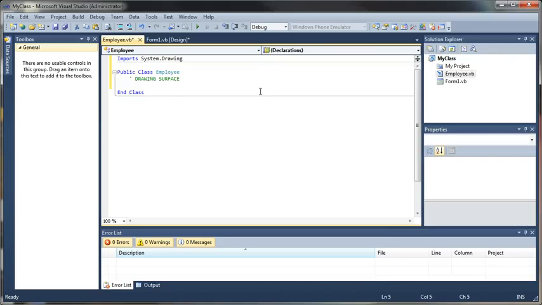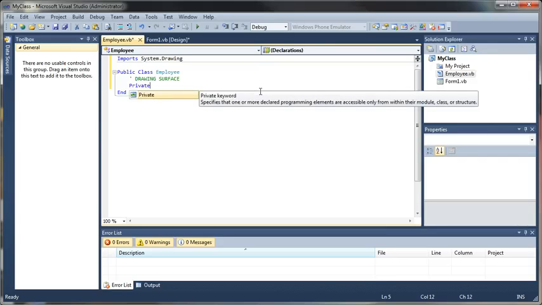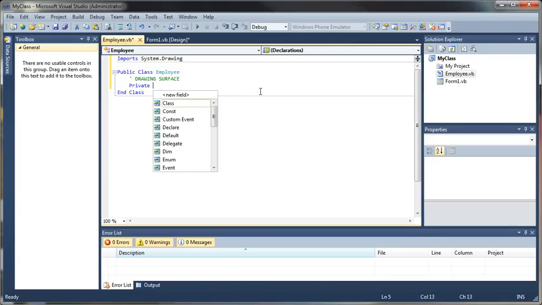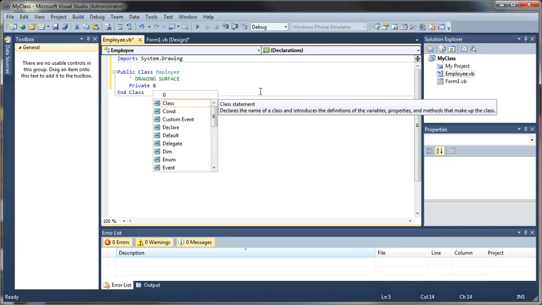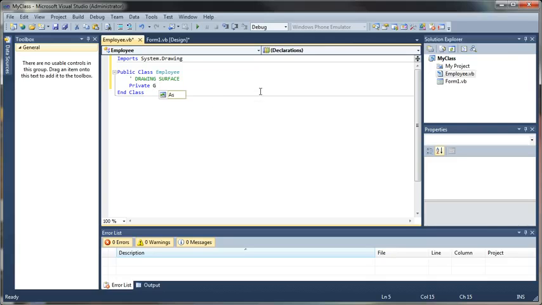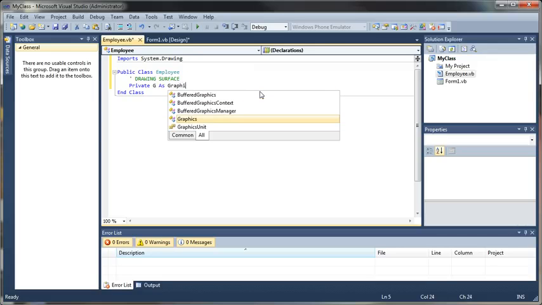So I'm going to start off with some private variables that will only be accessed from within the class itself, or populated via parameters that we pass to the class. So the first one I want is, I'm just going to call it G, and this is going to be the graphics handler for drawing to our main form. So I'm going to say as Graphics,